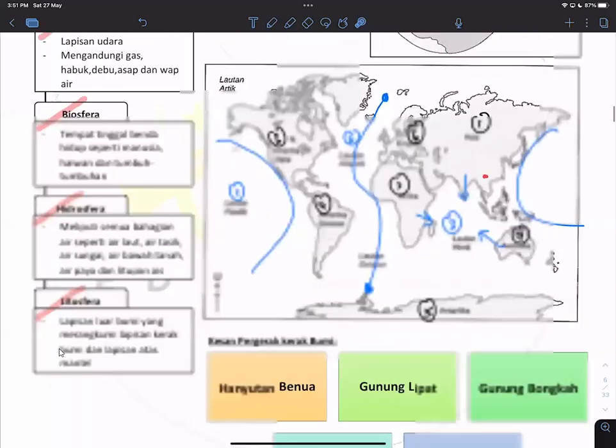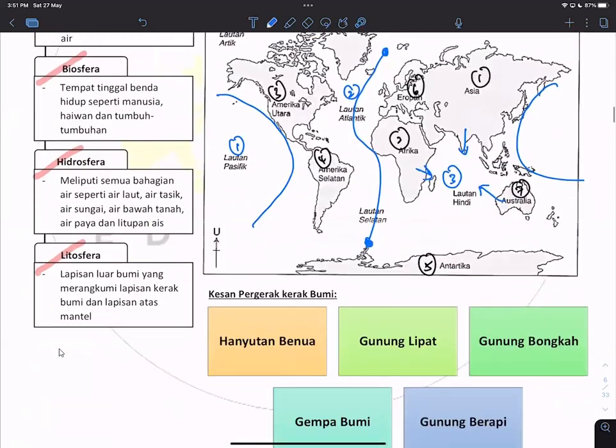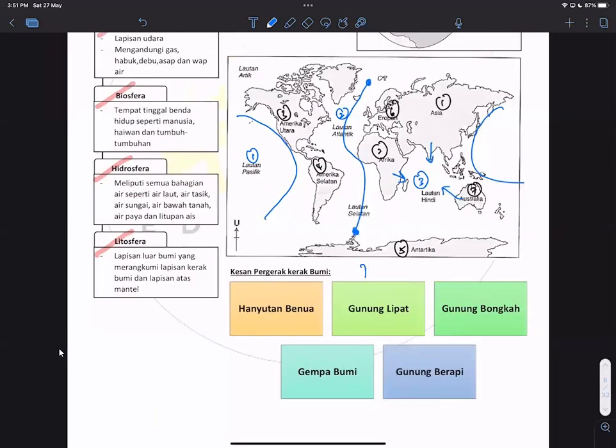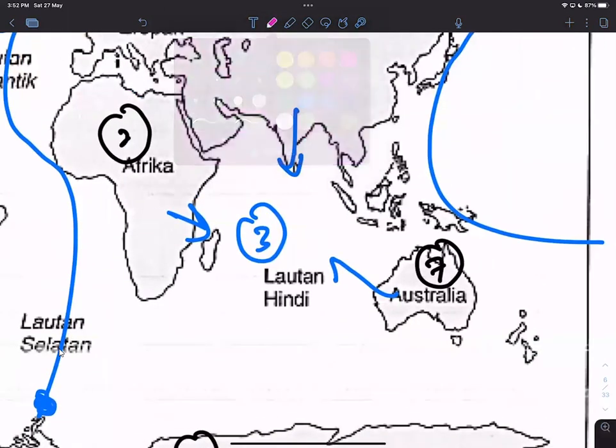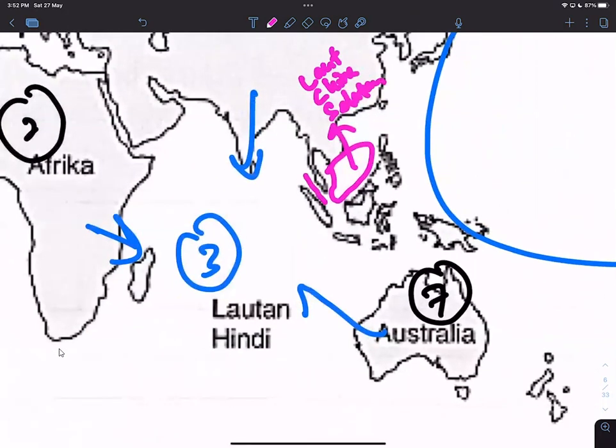Okay, so this is all 7. You guys can try to write down: we have the 7 benua, all the syllabus here, 7 benua and then 5 lautan. So in our normal class, I'm still going to teach you guys the laut. So what is the laut? Guys, I use pink color. This area is what we call Laut Cina Selatan. Other than that, this area is known as Selat